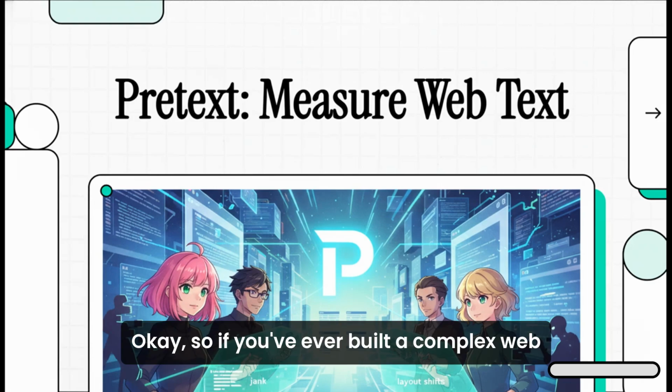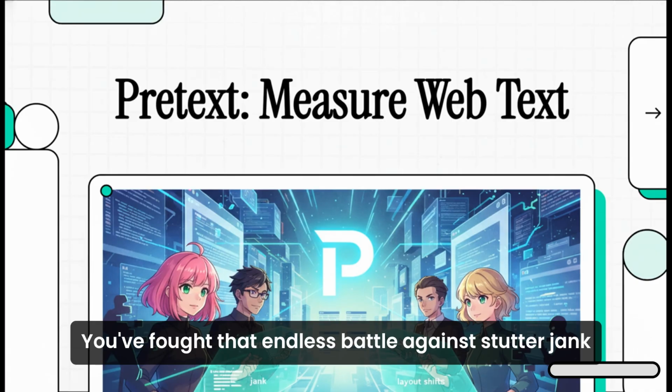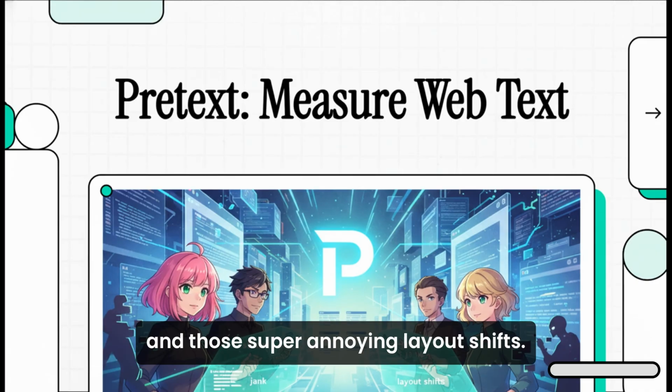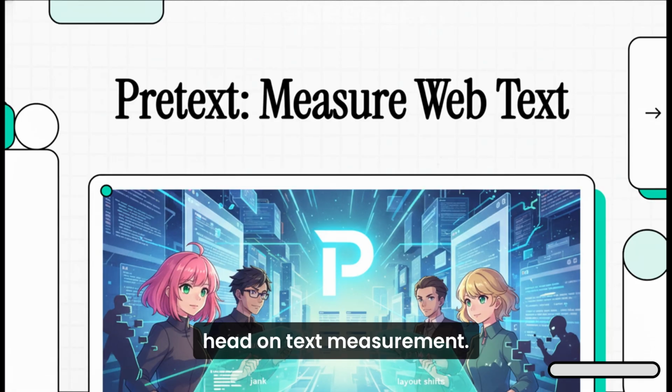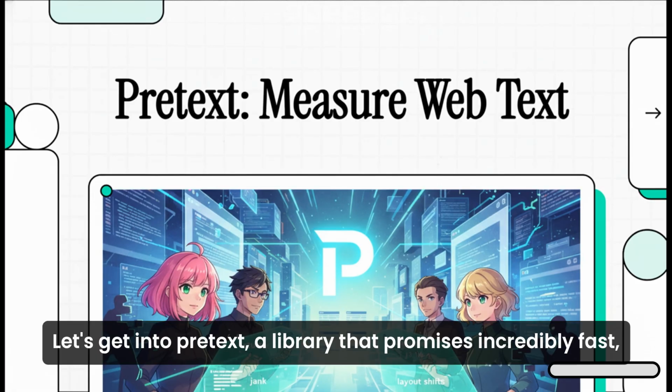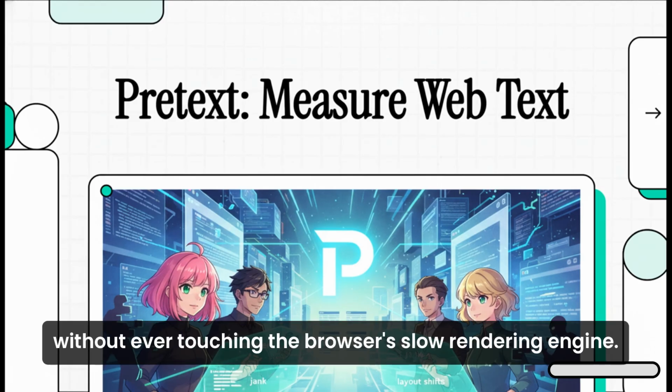Okay, so if you've ever built a complex web UI, you've definitely been there. You've fought that endless battle against stutter, jank, and those super annoying layout shifts. Well, today, we're diving into a tool that takes one of the biggest culprits head-on: text measurement. Let's get into Pretext, a library that promises incredibly fast, super accurate text layout, all without ever touching the browser's